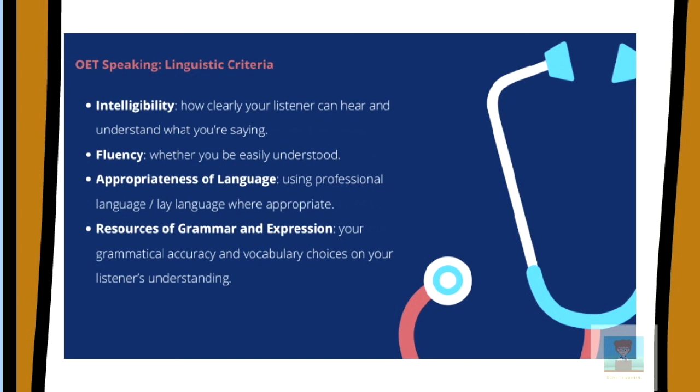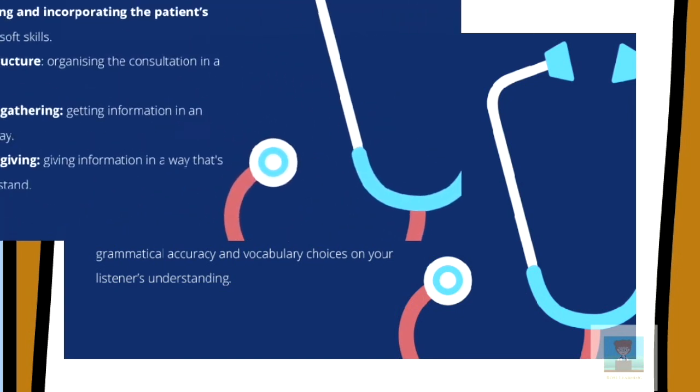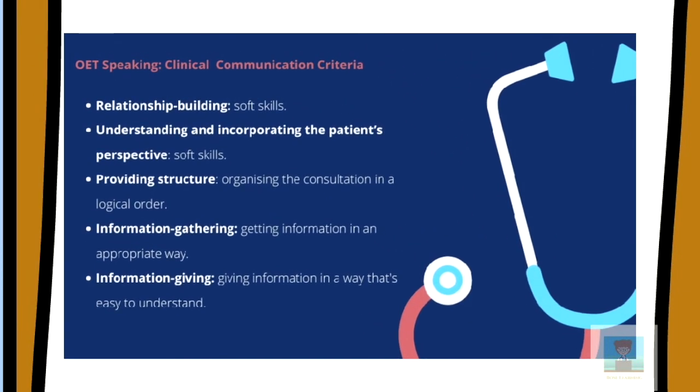The second part is the clinical communication criteria. This is looking more at soft skills. These include relationship building, the impact of your choice of opening to the conversation and demonstration of empathy and respect on your listener's comfort, understanding and incorporating the patient's perspective, the impact of how fully you involve the patient in your conversation on your listener's understanding and comfort, providing structure, the impact of how you organise the information you provide and introduce new topics for discussion on your listener's understanding,